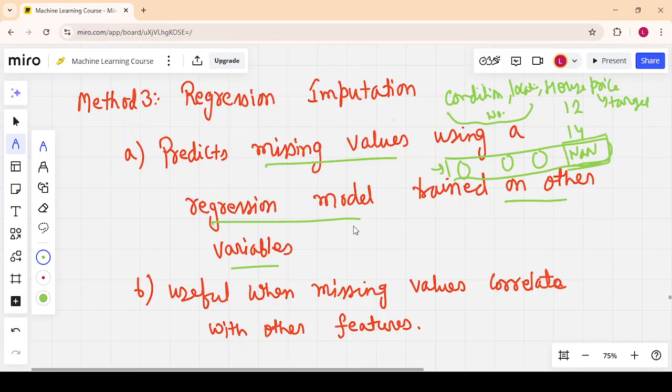That leverages the power of regression analysis, that is called linear regression. After training the model, we use the trained model with these features to predict this none or missing value. This is also computationally expensive because you can have a none value in those features also,